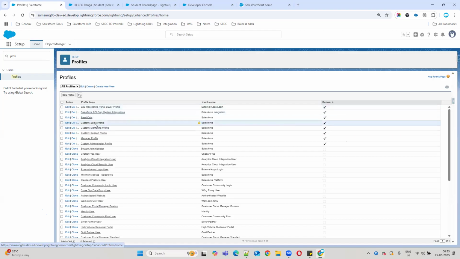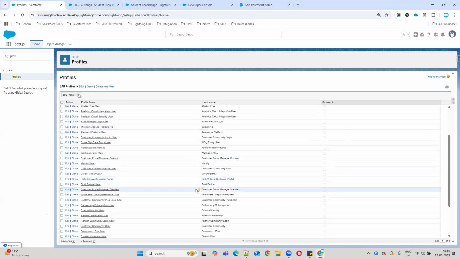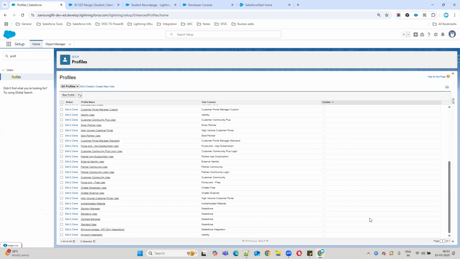For example, I can choose the system administrator profile.